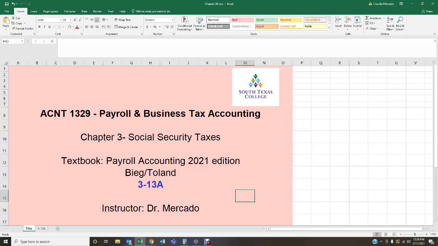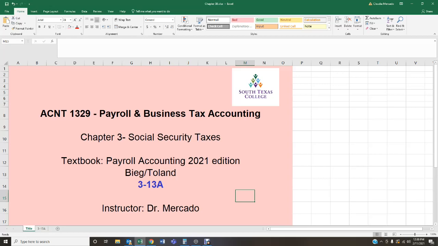We're not guessing numbers here. We need to be able to identify and understand why I am getting this number and multiplying it by this, or whatever calculations we're doing. Okay, so it's very important that we understand what we're reading so we can apply it to real life scenarios. Okay, now in this particular week we are going to be learning how to complete a Form